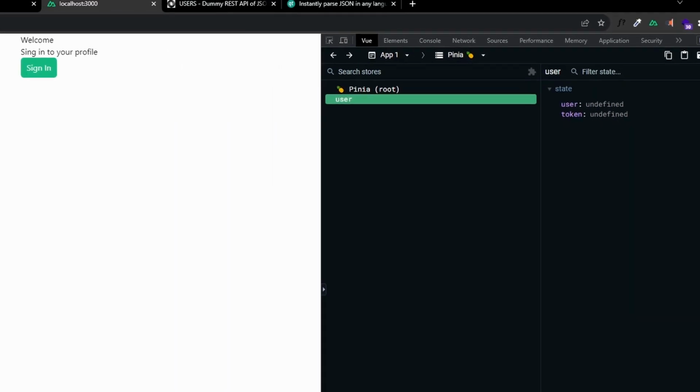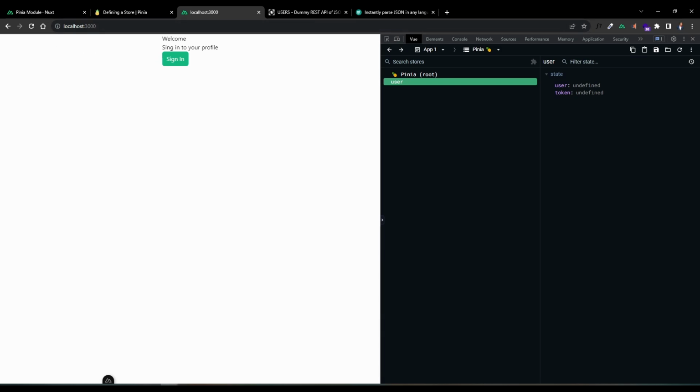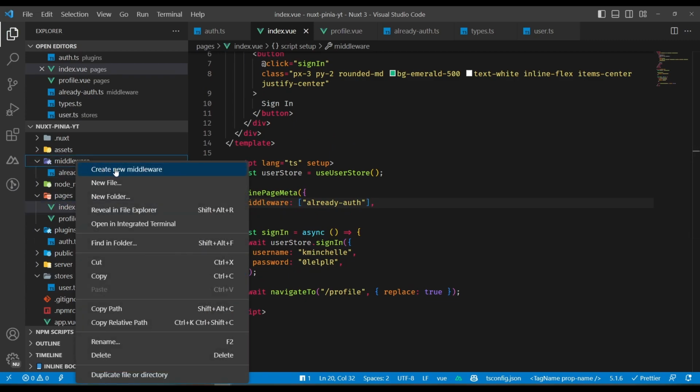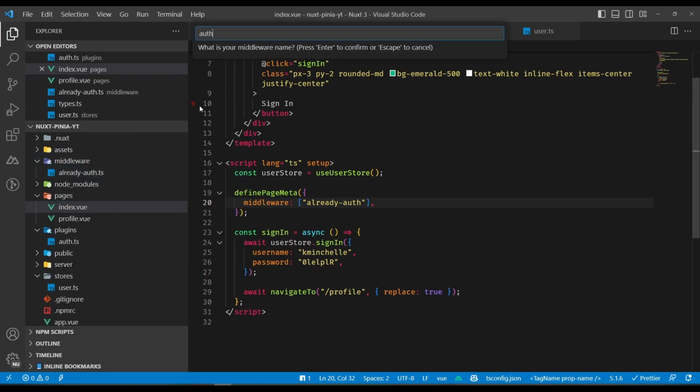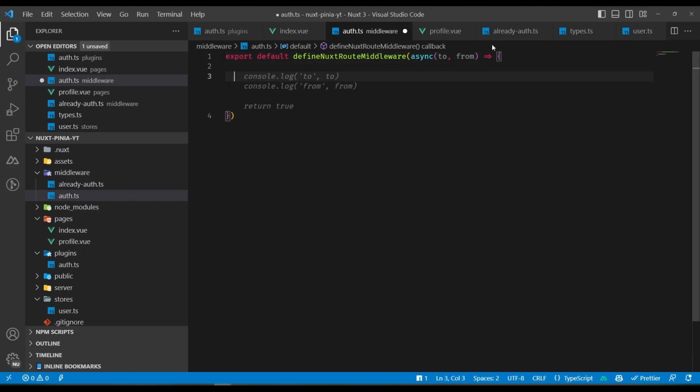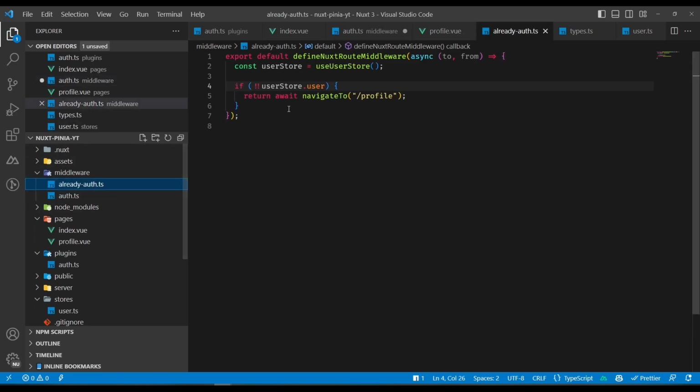Cool. So now, how do we protect the profile page? Well, it's pretty similar to what we did to protect the sign-in page. So if we go back to the code, we can right click on middleware, create a new middleware. We're going to call this one auth. So that will create the file. We're going to make this asynchronous. And then we're going to say we want the user store. So let's copy over this user store,